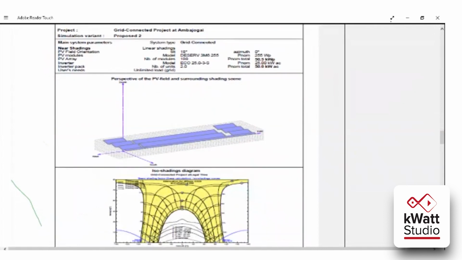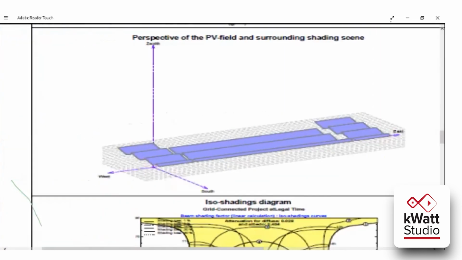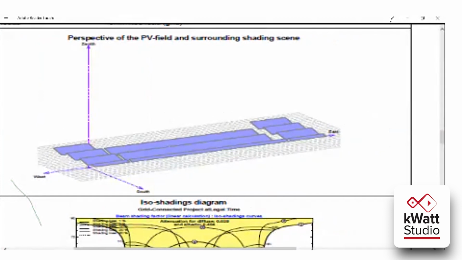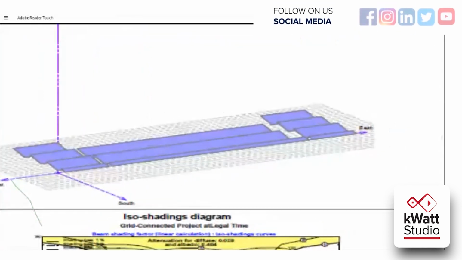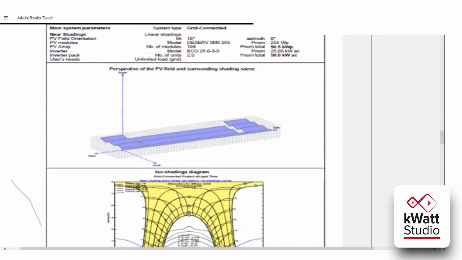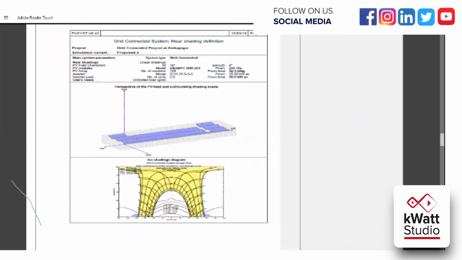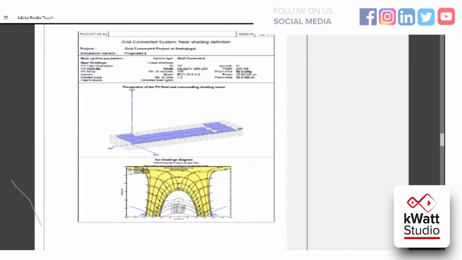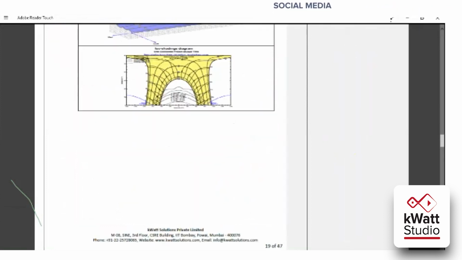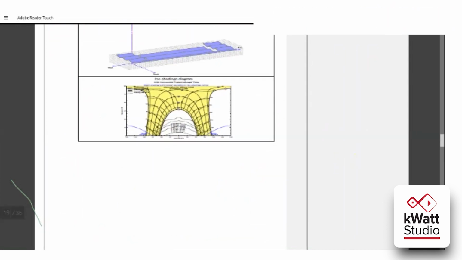So this is nothing but the plant layout of your solar PV plant. You can put this image to show how your plant will look after installation. So this is nothing but your array layout. All the solar modules are placed and total area required. So as you can see here, all the solar modules are facing towards south. As we all know, in India, in northern hemisphere countries, you have to face all the solar modules towards south. This yellow part is nothing but your sun path, that is horizon, how your sun will move over the entire year.